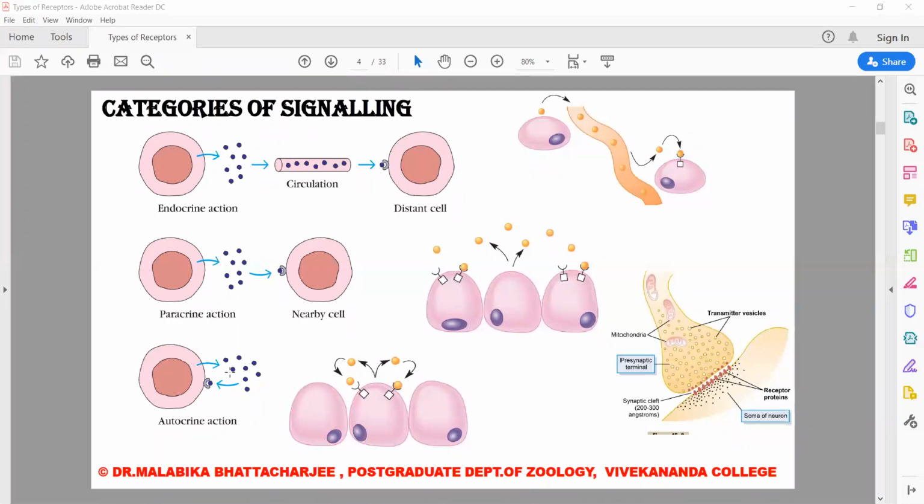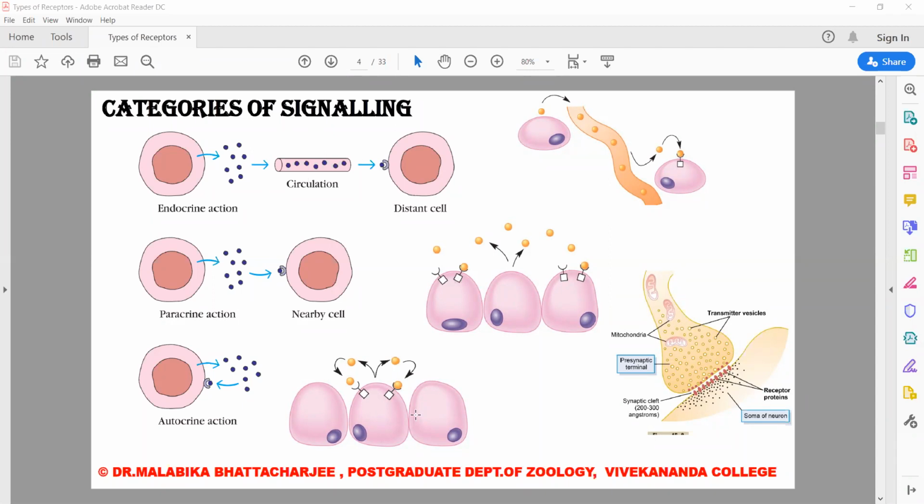Lymphocytes can also release a lot of autocrine signaling stimuli such as interleukin molecules or cytokines, and they can also upregulate receptors for these cytokines, receive the stimulus themselves, and then again further divide. So this is our autocrine action, the first category of signaling. So the signaling might be autocrine.